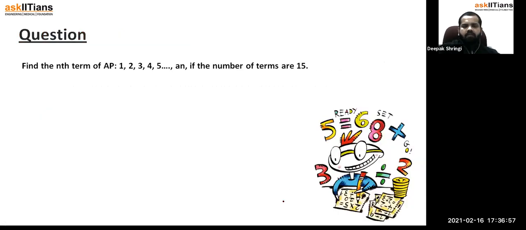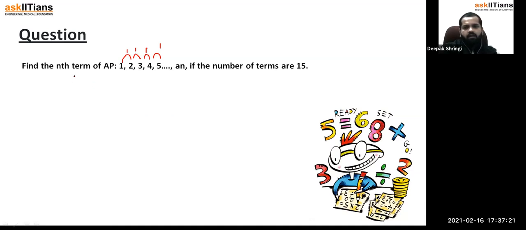So find the nth term of an AP, and the AP is given as 1, 2, 3, 4, 5. First tell me whether it is an AP or not. Yes, it is an AP. Why? Because its common difference is 1. 2 minus 1 is 1, 3 minus 2 is 1, 4 minus 3 is 1, 5 minus 4 is 1. I think it is clear that if the common difference is the same, then the sequence is